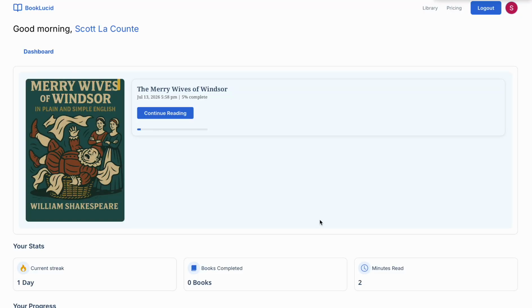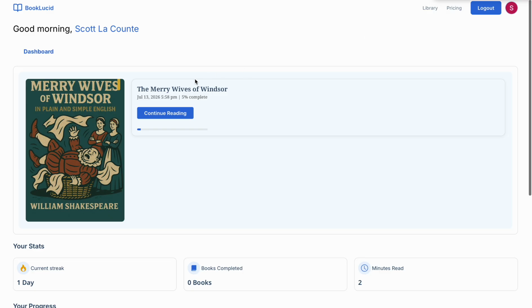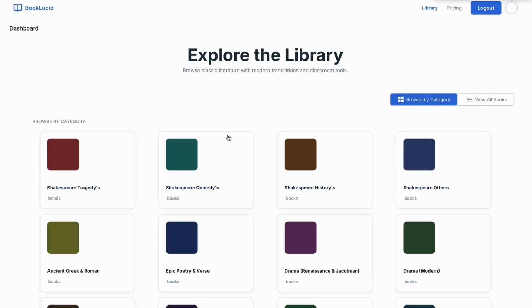This is the main dash of BookLucid, and this is where your most recent books will appear. And you can also see things like streaks, how many books you've had, how long you've read, things like that. To read a book, you either do continue reading, or you can go into the library to browse for more